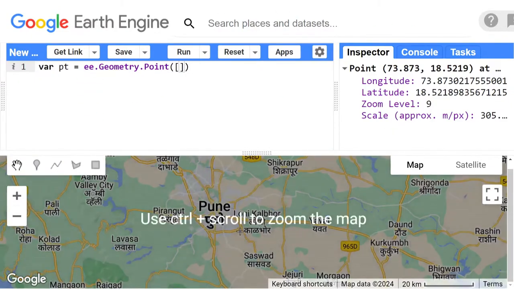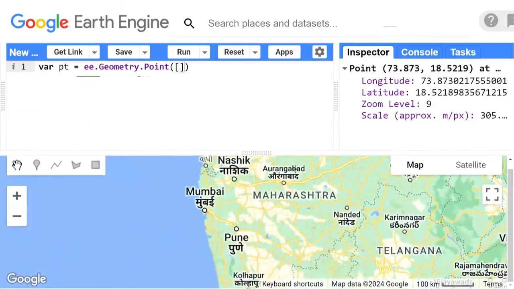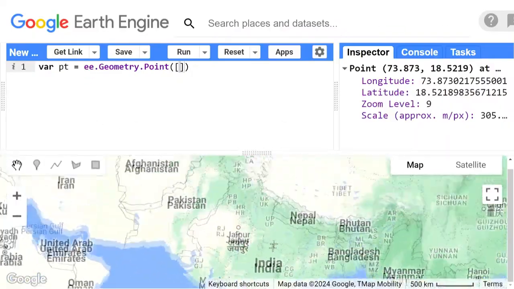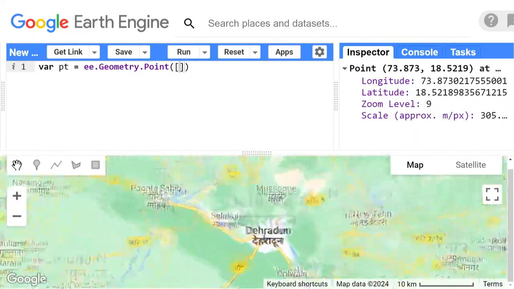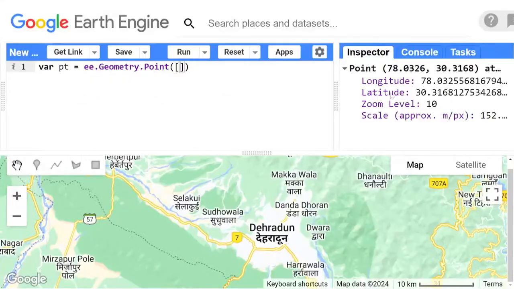Okay, so right now I am going to go to Dehradun because I have some data ready for Dehradun. Okay, and I am going to click here. It is giving me a coordinate value, so let me just type it here, 78.0326 comma 30.3168,